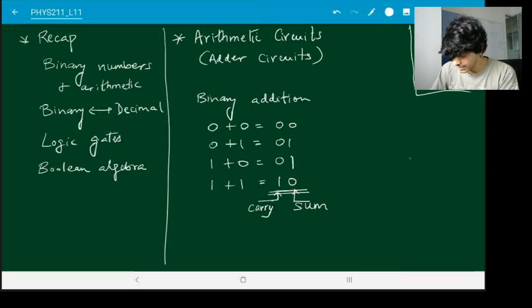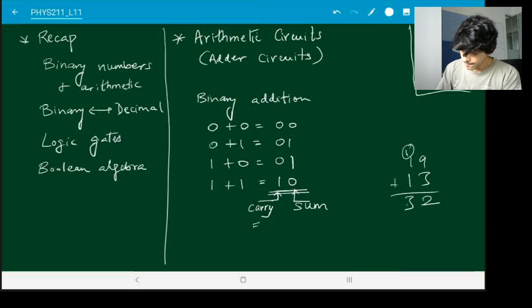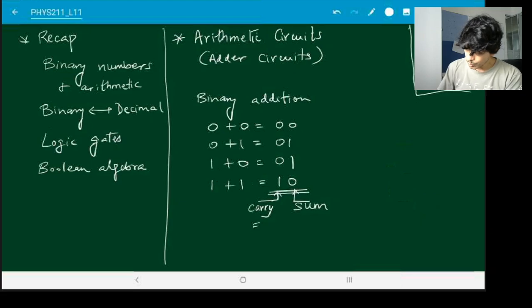Just like, for example, if I asked you to do 19 plus 13, then you would say 9 plus 3 is 12. So 2 comes here and 1 gets carried on the other side. So this is like the carry. So we have 2 digits, the carry and the sum.